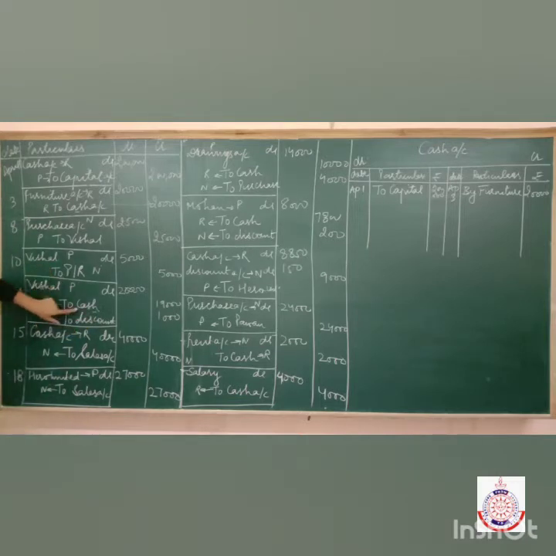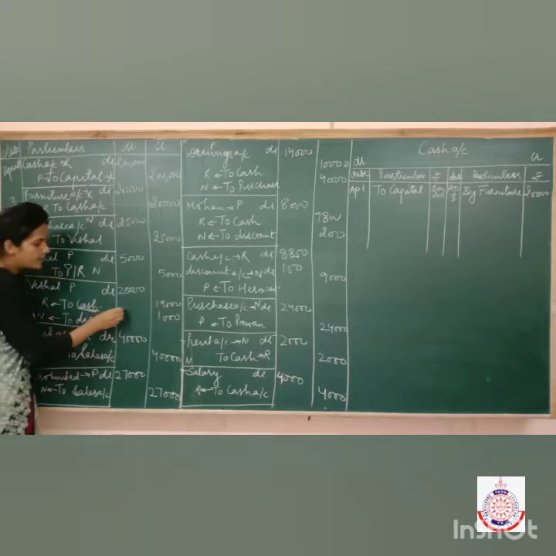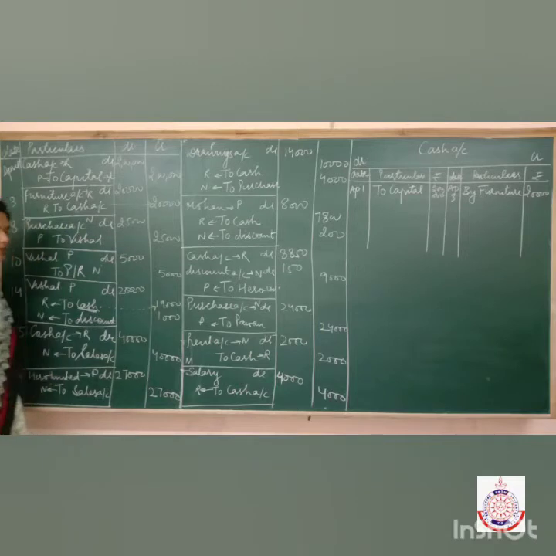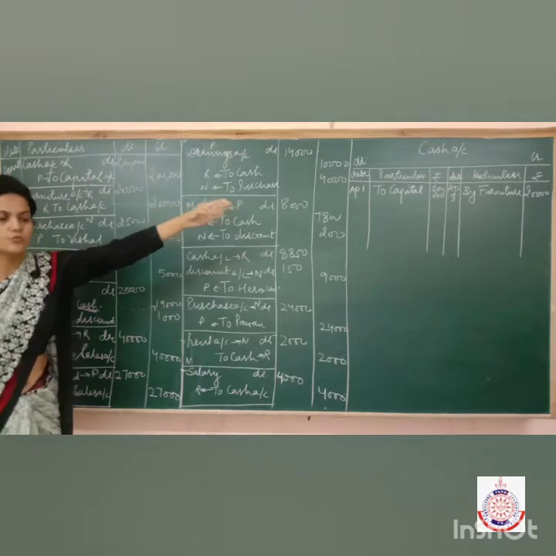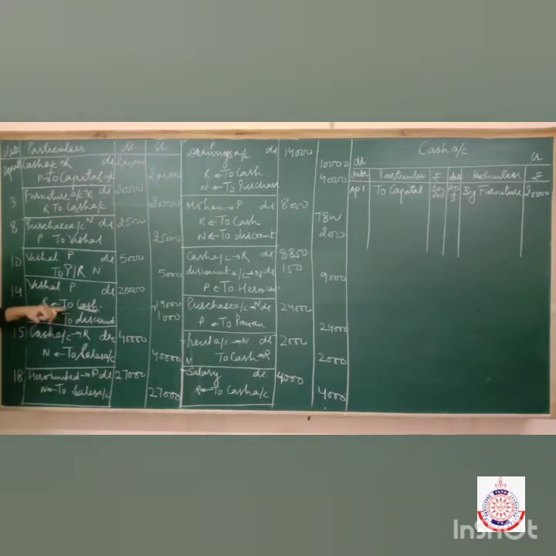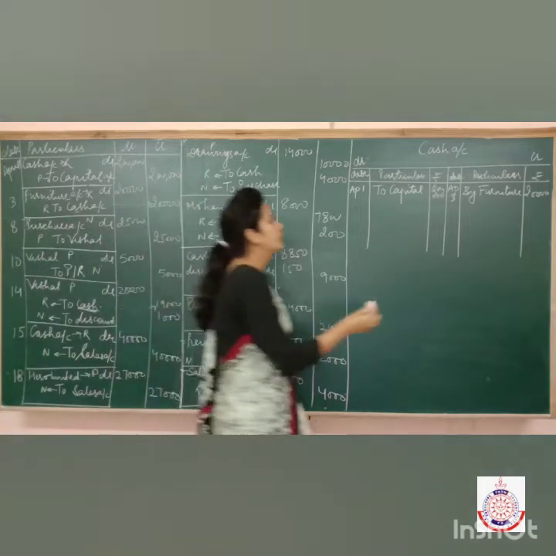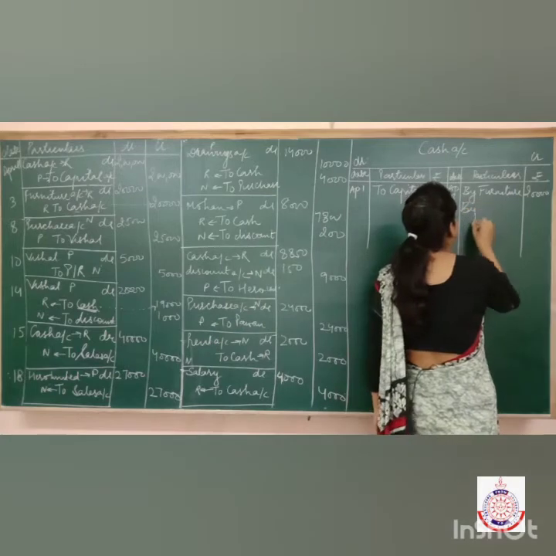Now in this entry, cash account is credited, discount account is also credited. But we are preparing which account? We are preparing cash account. And cash account is credited with rupees 19,000. It means that we are going to record this transaction on the credit side of cash account, because in this entry cash account is credited. Now cash account is credited because of which account? Vishal's account. So what am I going to write here? I'll write here by Vishal.